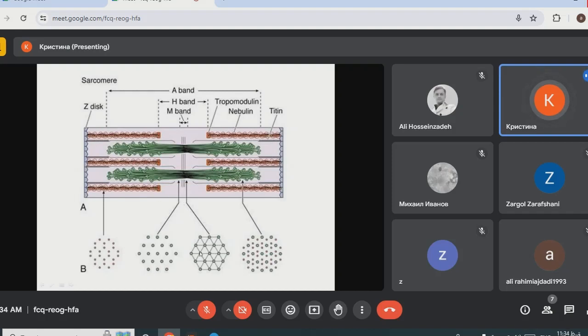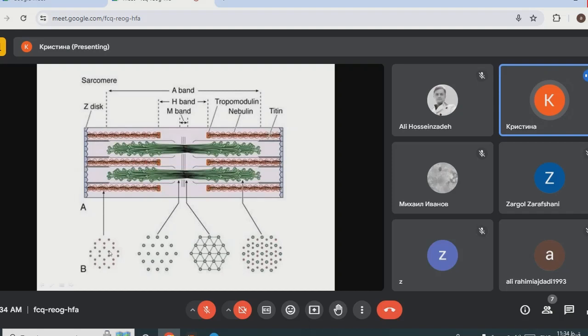So in this area, this is how the cross-section would look like. It will consist only of thick myofilaments here. In this area, we will have both thin and thick myofilaments, and in this area, only